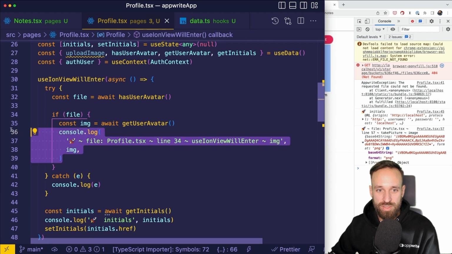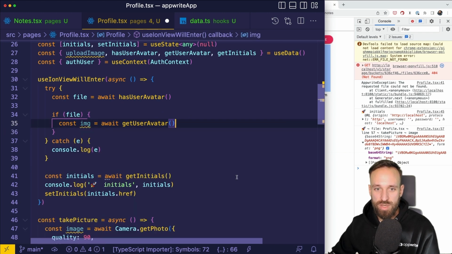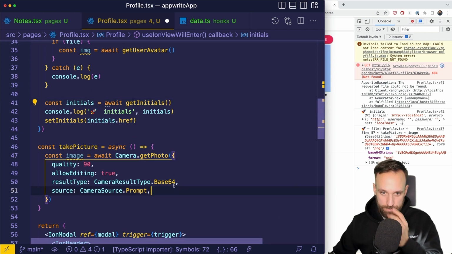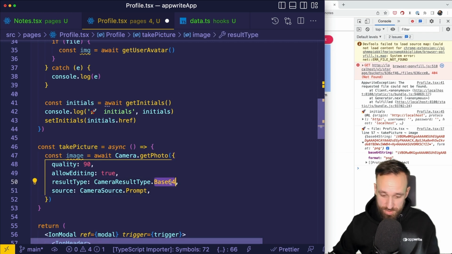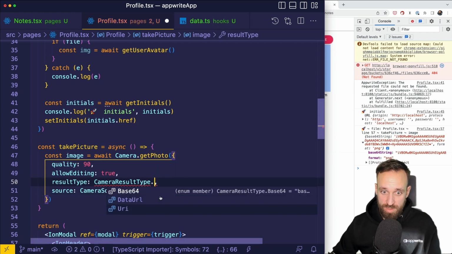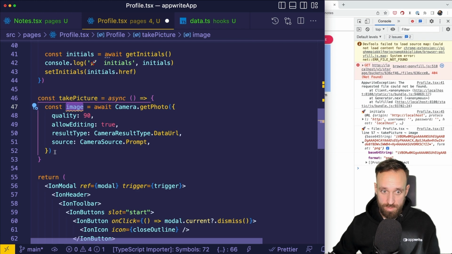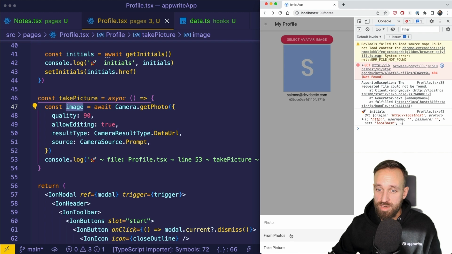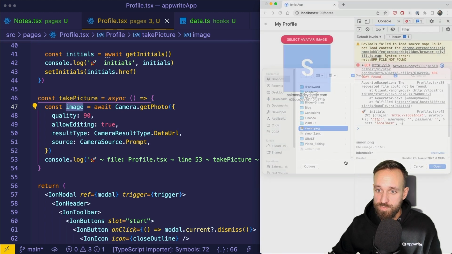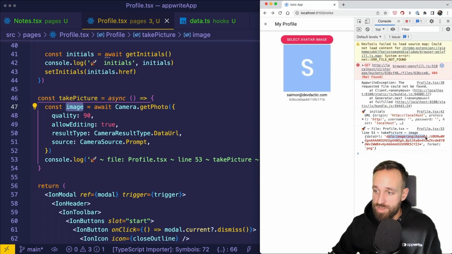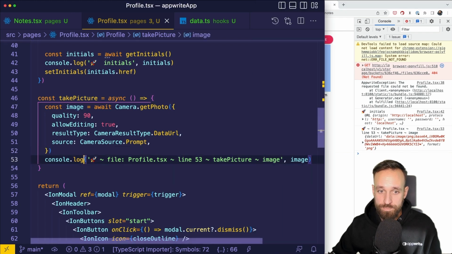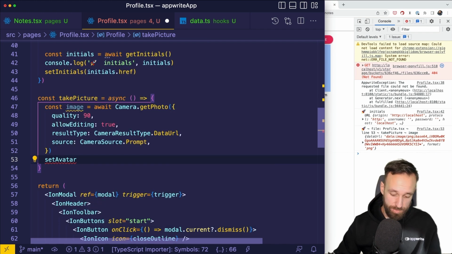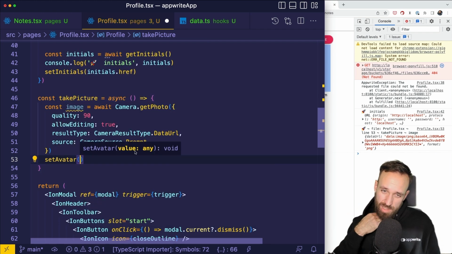Okay. On top of that, I'm gonna now check. Okay, we should probably, after take picture, we should upload it. Let's see. We get back a base64 string. What if we say data URL? What will happen in that case? I'm really interested because I think let's still do it like this. Yeah, this is a data image. This is actually pretty good. So let's try the data URL, and then we're gonna call set avatar from our data hook, which